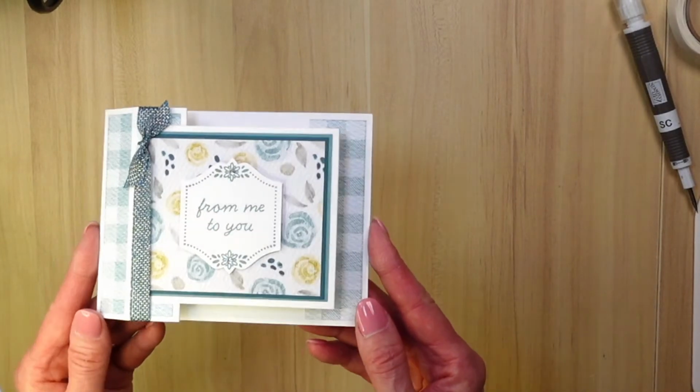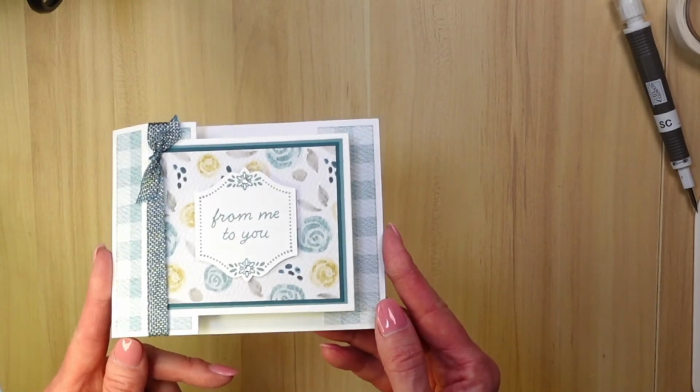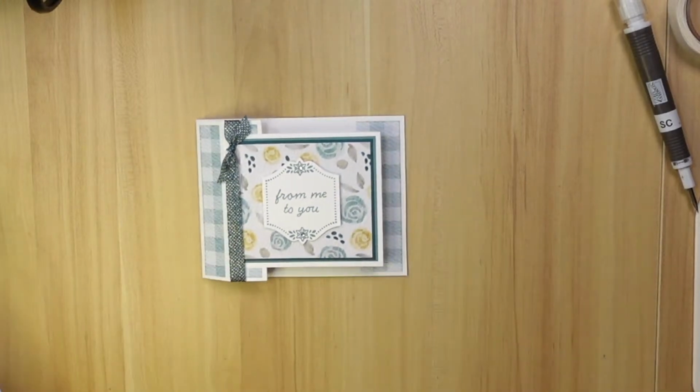And then keep going here. We have this soft and delicate card. This is the Bright Borders bundle. I actually used